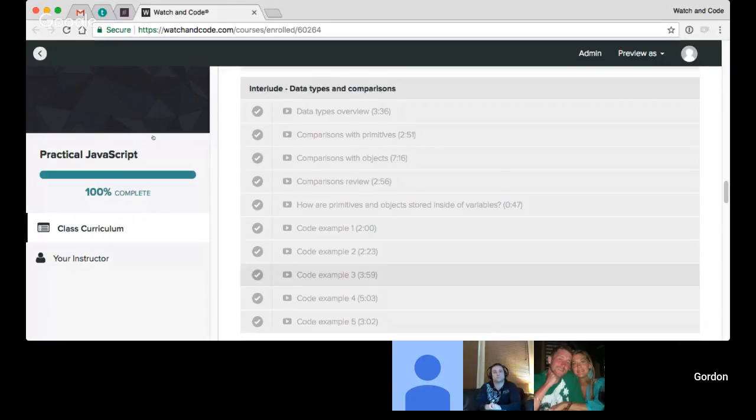Exactly. So the other thing, I'm just showing the new stuff. The new stuff starts from where my cursor is. It's the one, how are primitives and objects stored inside of variables, and then code examples 1 through 5. So that was the new stuff, and they're all pretty short videos. A couple of observations are that